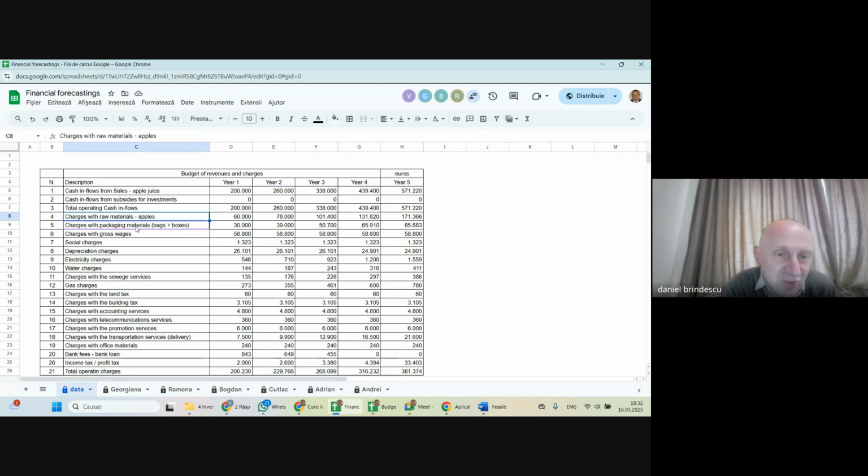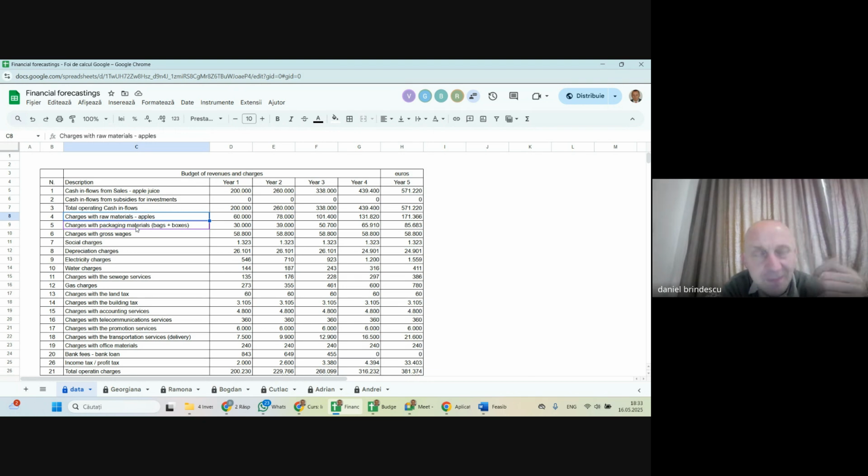Can I say that the charges with the raw materials, in my case, the apples, convert into payments? For sure, I will pay for the apples. I'm planning to. But the question is the same as for the sales. If I'm registering charges of 60,000 euros in the first year with the apples, does that mean that I'm paying 60,000 for apples? Not necessarily, because remember, please, the charges within our